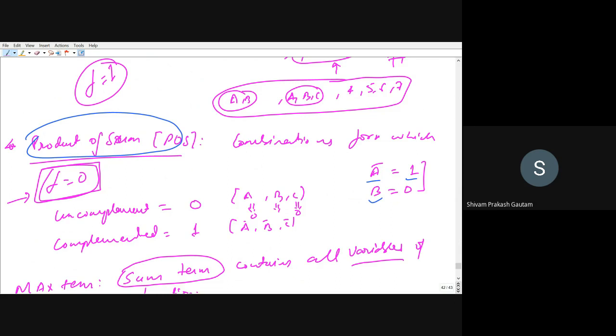So in sum of product, we are selecting where the function value is 1, and we are taking a in normal form, that is a is equal to 1 and a bar is equal to 0. But if you want to take product of sum form, that will be just the opposite of sum of product. So here we make the table for function equal to 0, a is equal to 0 and a bar is equal to 1. Okay? Yes, sir.